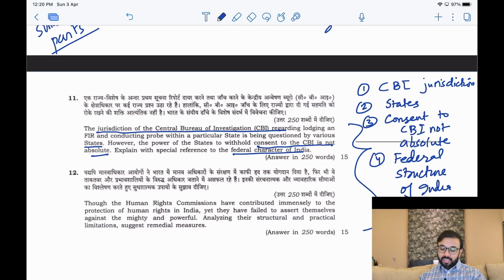So basically जब आप keywords को छोटे छोटे भाग में डिवाइड कर लेंगे, अब आपको समझ में आ गया क्वेश्चन कि CBI कई बार स्टेट्स में टेकअप करती है बहुत सारे केसेस. इट टेक्स ए लॉट ऑफ केसेस. फॉर दैट इट रिक्वायर्स द कंसेंट ऑफ द स्टेट्स, बट बिकॉज ऑफ दिस लॉट ऑफ फ्रिक्शन गेट्स क्रिएटेड बिटवीन द स्टेट्स एंड द सेंट्रल, बिकॉज सेंटर की ही एजेंसी है CBI. CBI is a central agency. So that's why this question is about how that affects the federal structure of the country.